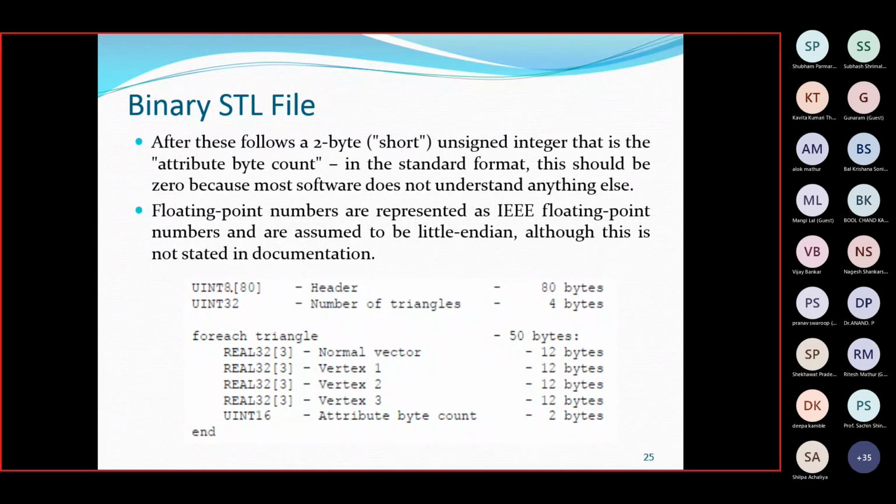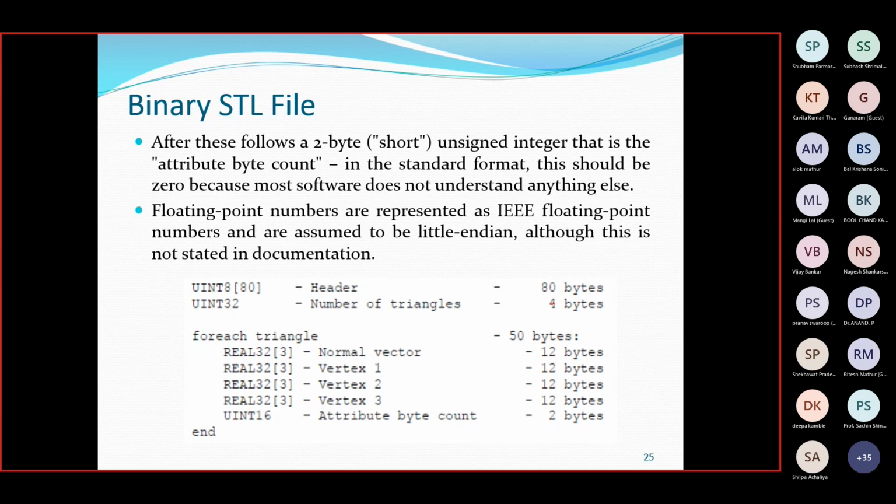An 80-byte header is there, and the number of triangles takes 4 bytes. For each triangle you have 50 bytes: 12, 12, 12, 12 for the normal and vertices, and then the attribute byte count of 2 bytes, total 50 bytes. And this 80 you can avoid, then only these many you need.